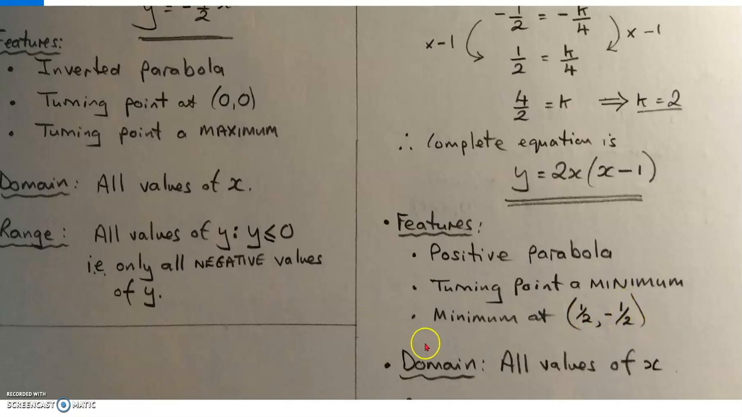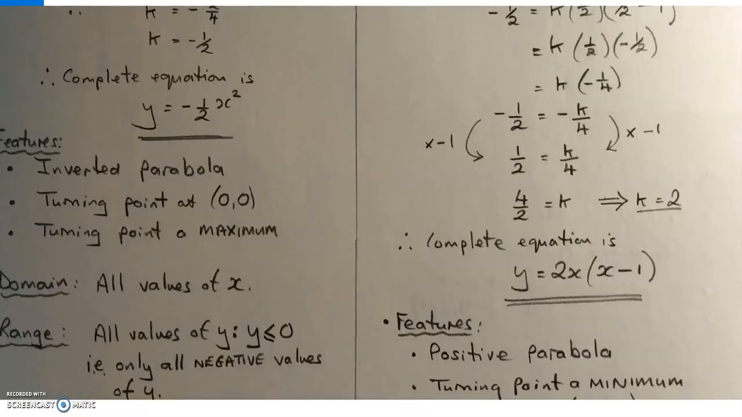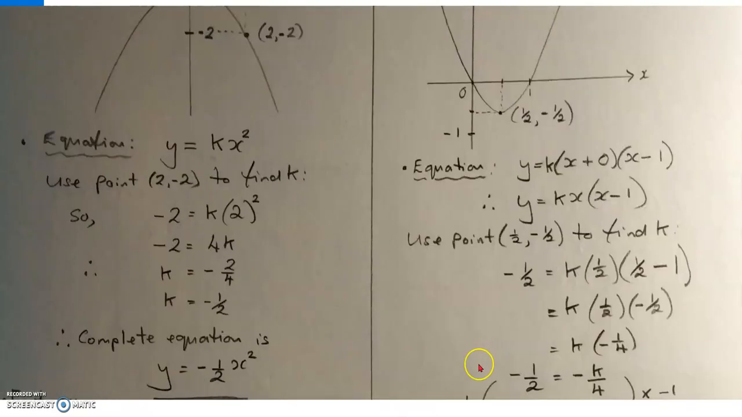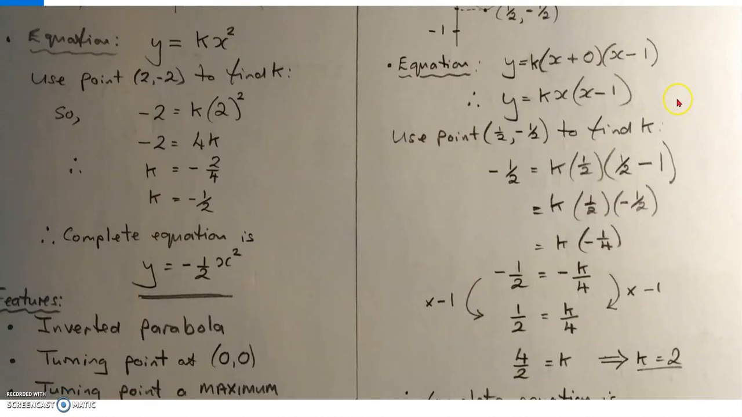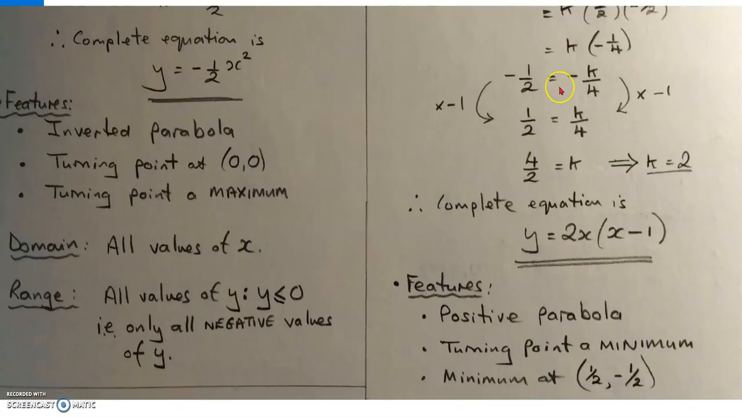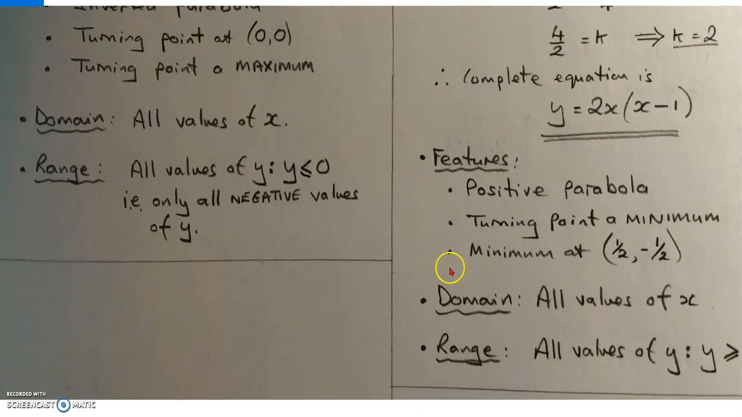Okay, now I've forgotten to mention some features here, and the features I've forgotten to mention are the intercepts on the x-axis. I should have said there's an intercept at 0, 0, the origin, and an intercept at 1, 0 there. The y-intercept is also the origin there. Okay, I think I've done that on the next examples 3 and 4. So that's a slap on the wrist for me, being a bit naughty. I forgot to mention the